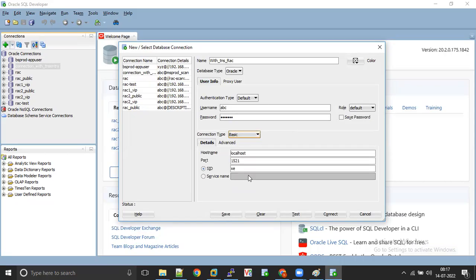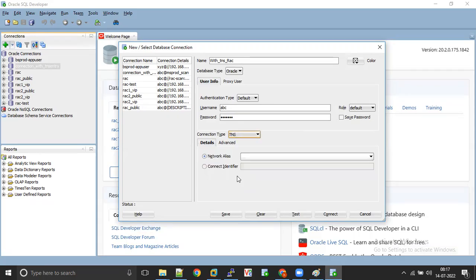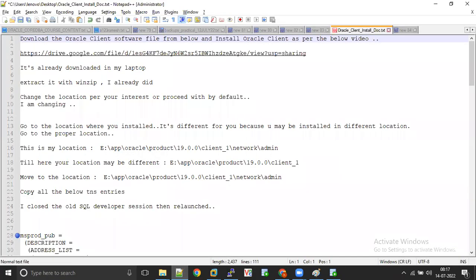It is basic. In the basic, you have to give host name, port number, service name. Okay, I want to use TNS entries to connect to the database. Just click on TNS. Here, it will ask what is the TNS alias name you want to use. Okay, in this notepad, you can clearly see